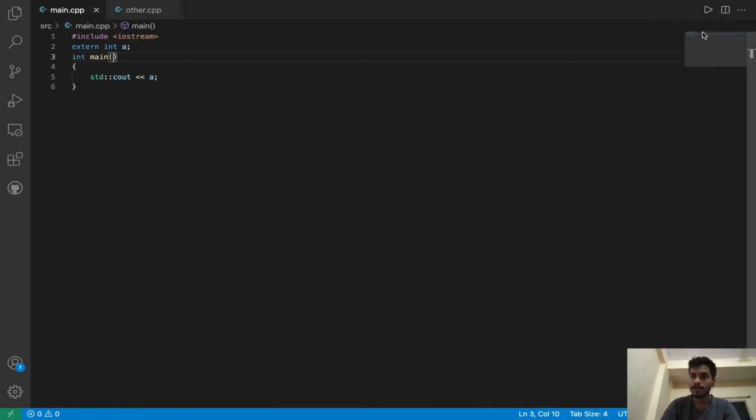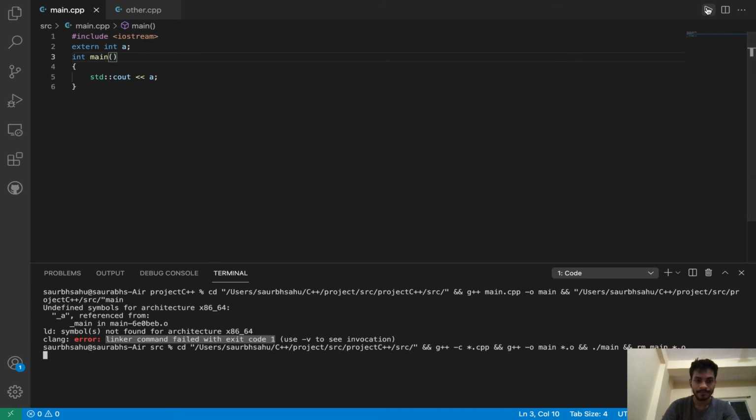Okay, now let me run that. It should give me an output. Yeah, here the output is showing, it's 404. So we can use a multi-file project in VS Code also, just by changing a few settings. It is beneficial for Mac users, like a lot of people like VS Code, so that's great for them, like they can use multi-file projects.